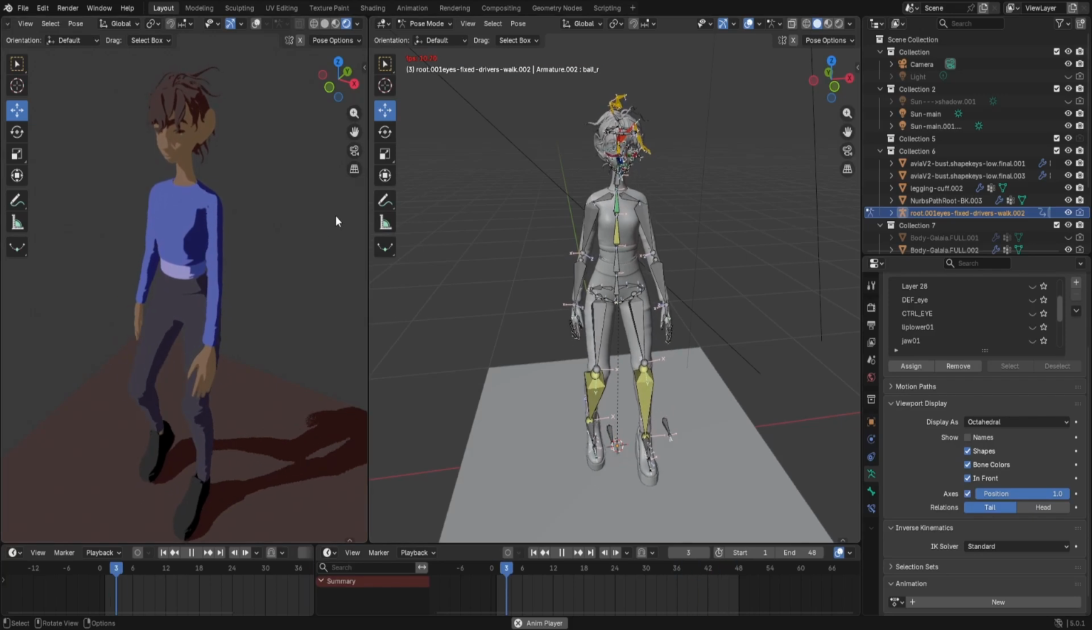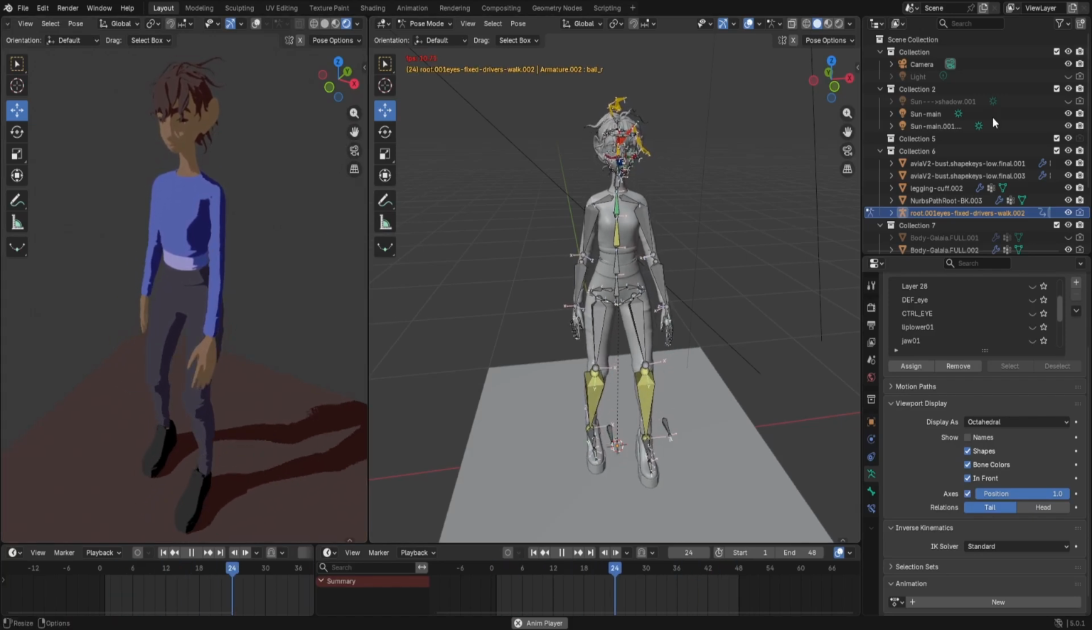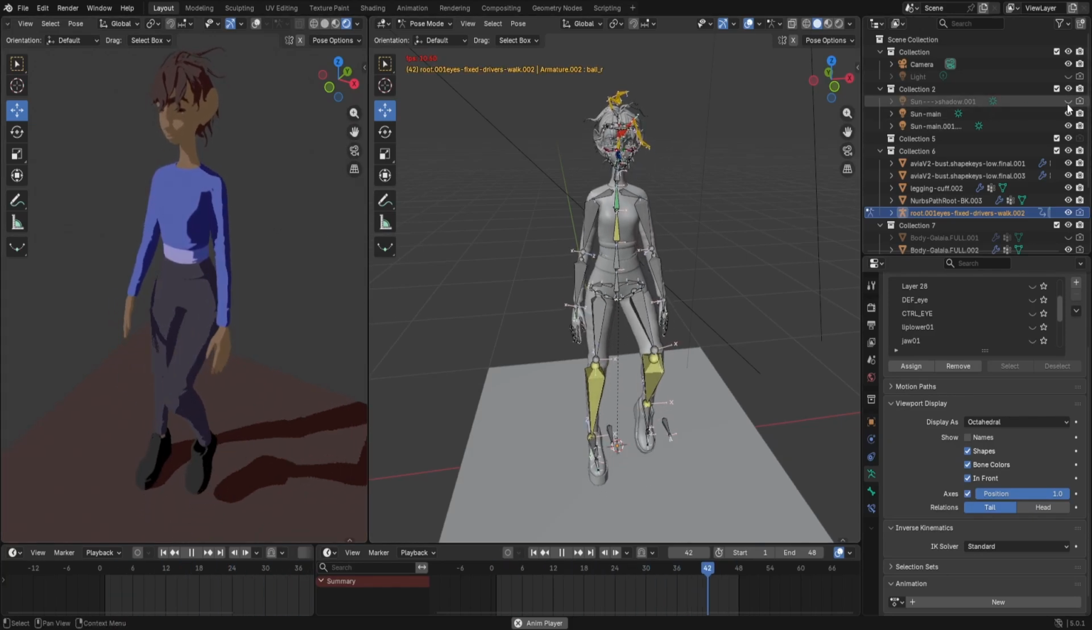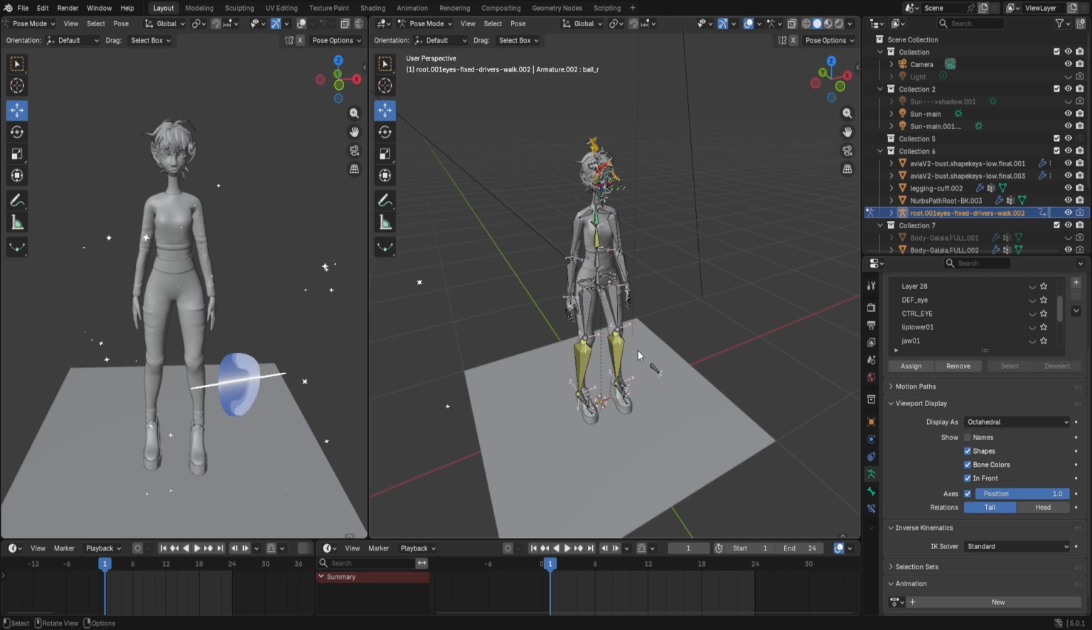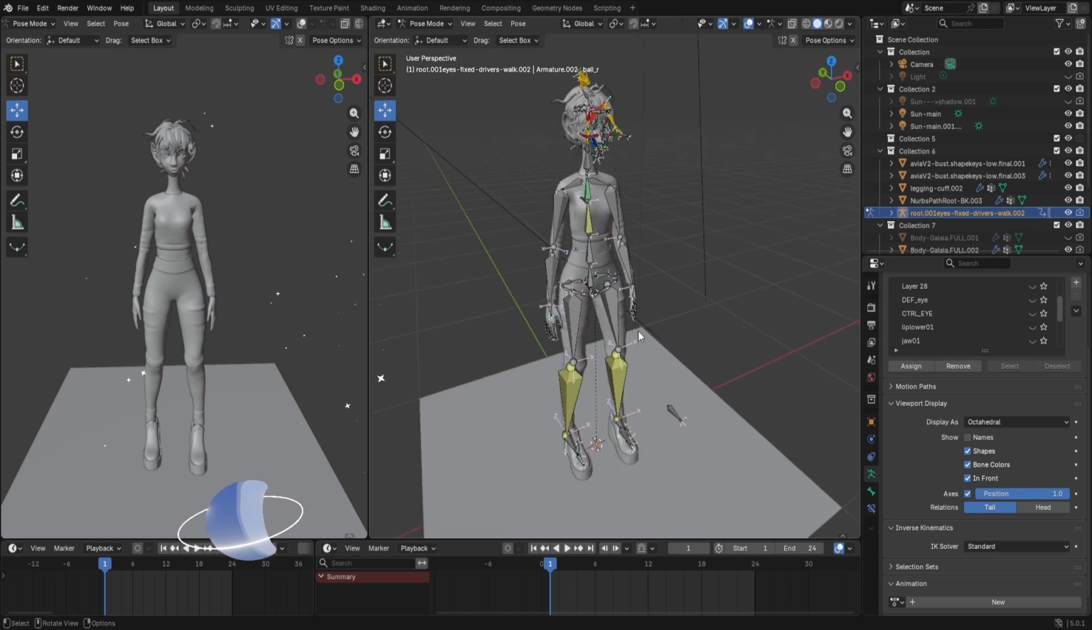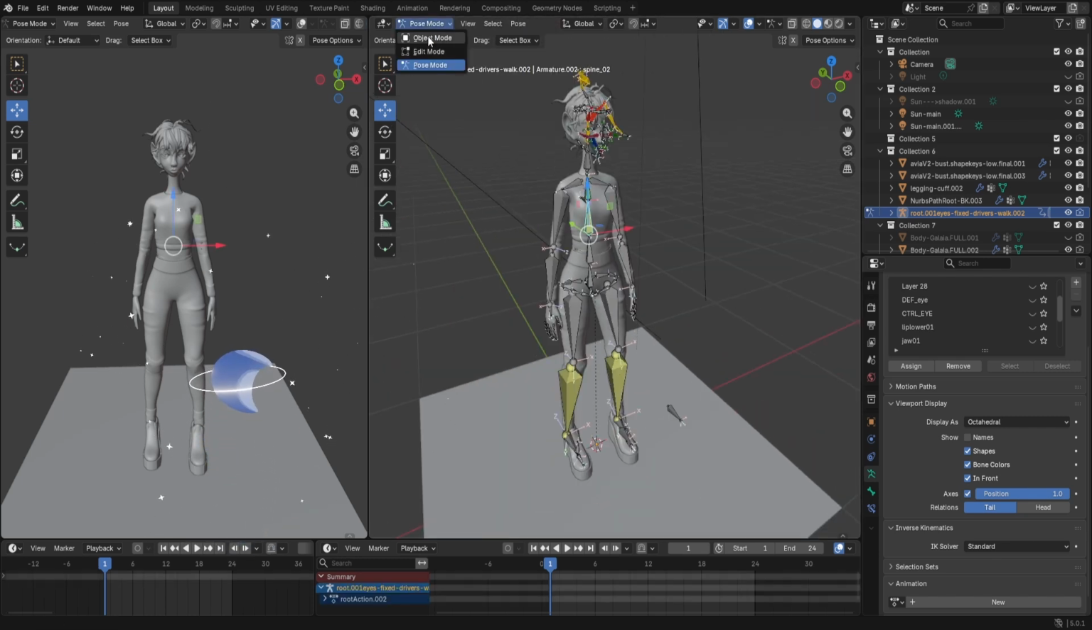So we're going to make a walk cycle. And this is going to be a very basic walk cycle. Now you will need your own character or mesh, and you will also need your own root or set of bones. So the first thing you want to do is go into edit mode of your root